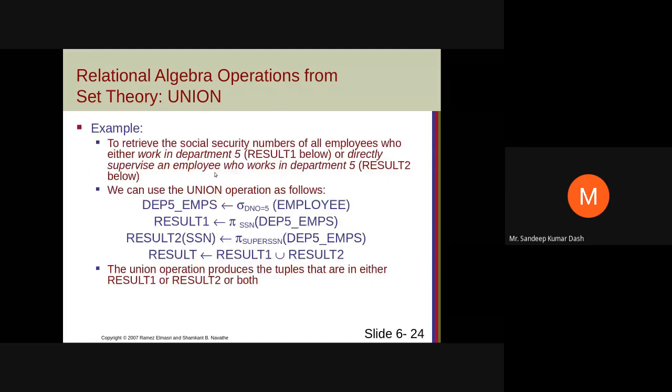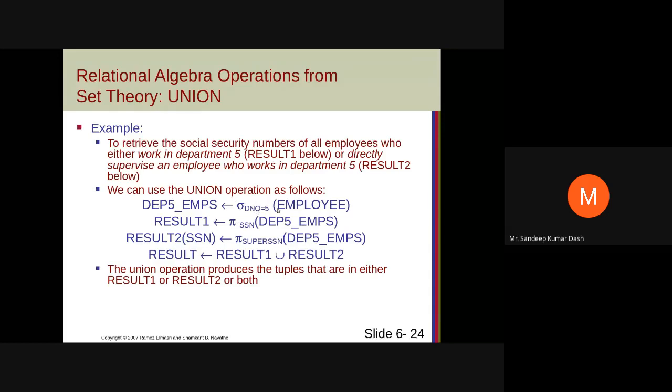For example, result 1 and result 2, there are two different, sorry, result 2, yeah. What will happen by this?